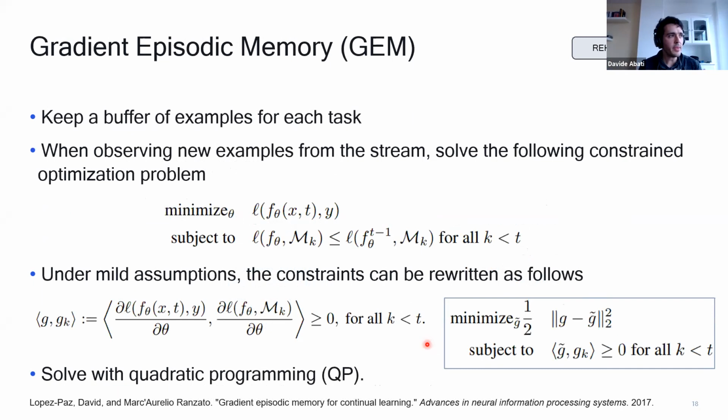Yeah. In that case, I don't remember correctly, but I think you won't update anything. So you will just keep the weights. I have to double check it, but I think that is the case. So this is very conservative, right? If I can't find any direction that is coherent with all the past tasks, I won't learn anything.